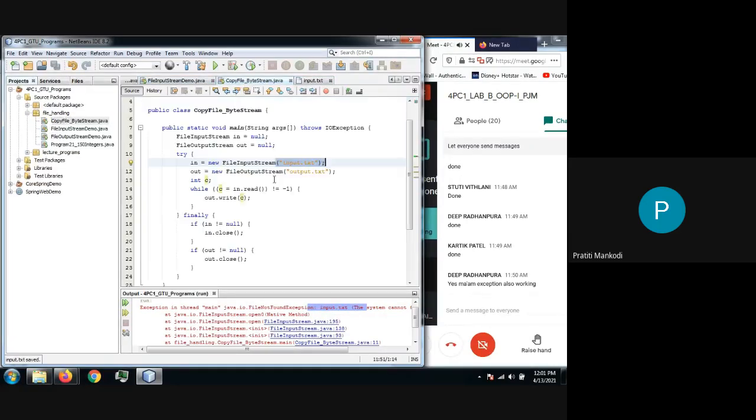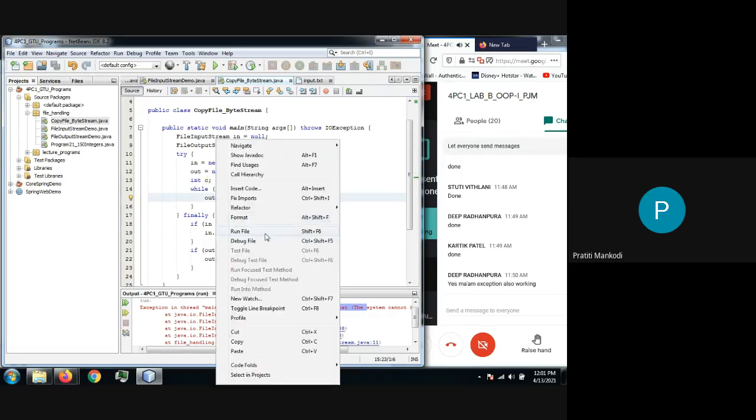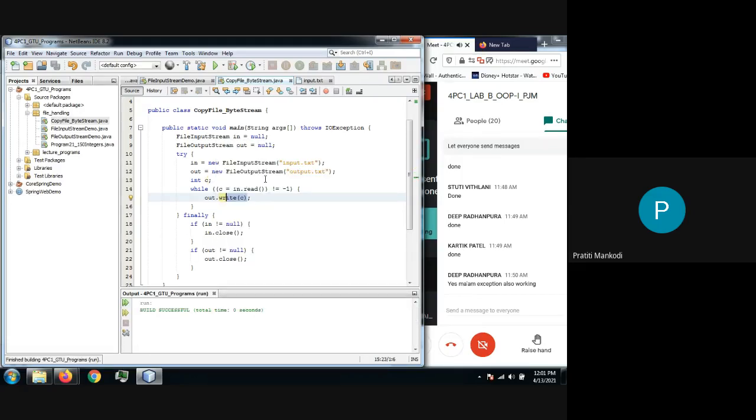Now I am running the copy file. It will be reading from input.txt, stay home and stay safe, and then it is going to read it integer by integer, or byte by byte. It is going to convert it into an integer, of course, and then we are going to write it in the stream. Let's run it. Here you can also mention it: File copied successfully.